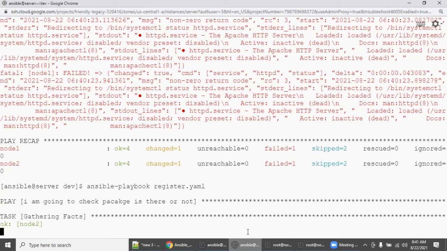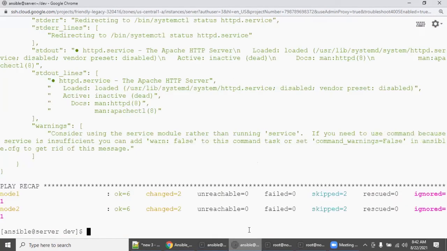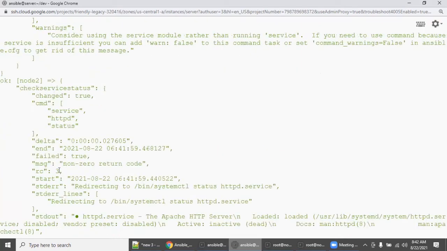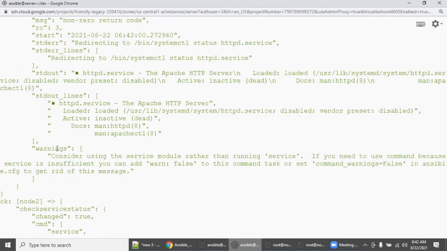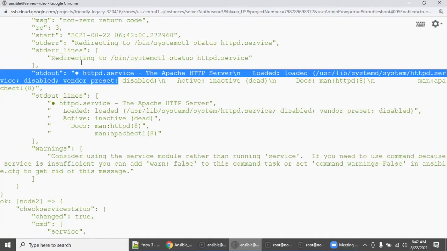We need a JSON output. We are a fresher, so we need some condition. See here, now the output is getting generated, right? So now as a layman, as a fresher, as a zero person, I can create my own condition. Another part I want to make sure of: this is the same on both machines. This is also success, this is also success. Why? Because both conditions are the same. On both machines, the service is not running.